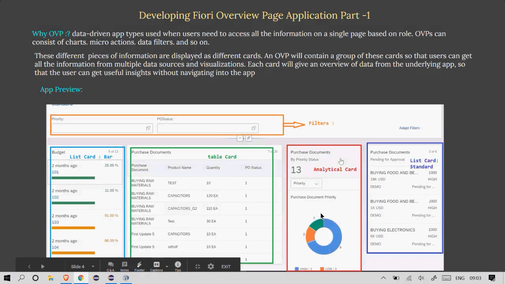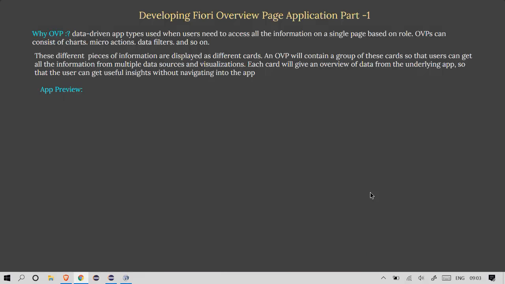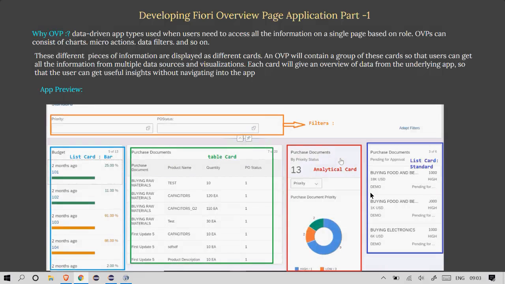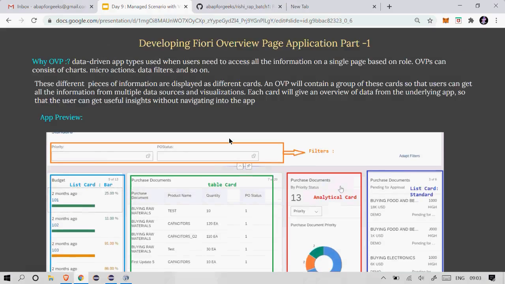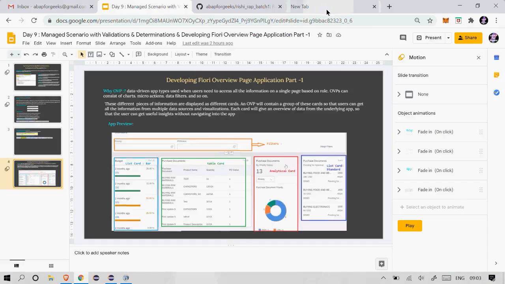So the main thing we need to learn is the UI annotation that's specific to the analytical card, list bar, table card and list card. Okay, so this is the app we are going to create hopefully by end of tomorrow. So whatever we are going to see now. If you want to learn more about this, like what other cards you can work on, what you can do is,